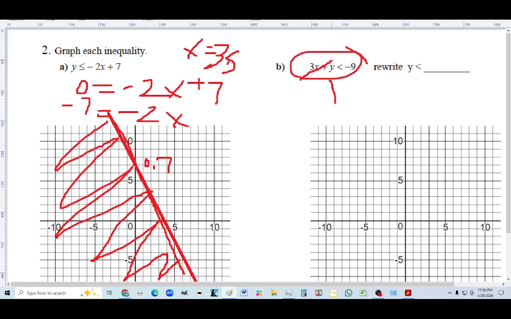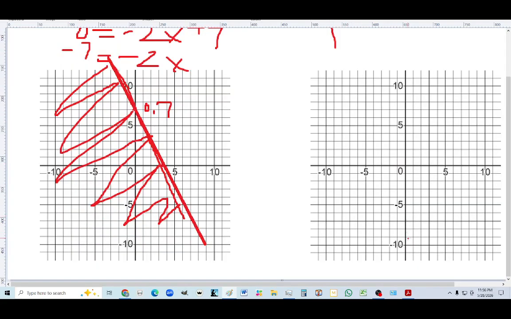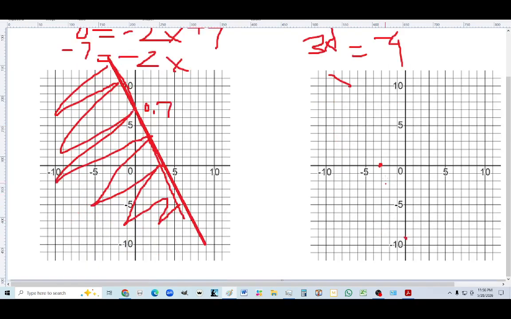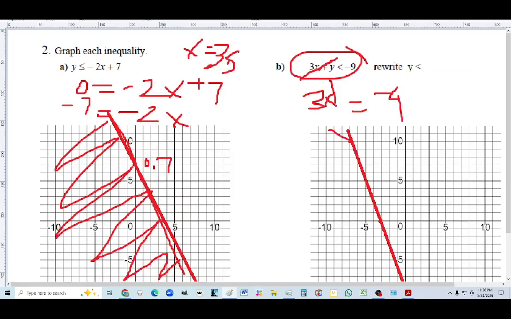When x is 0, y is minus 9. So way down here. When y is 0, we get 3x is equal to minus 9. You just treat it like an equal when you're solving these. And so x is minus 3, so that means it's over here, minus 3, 0. Now we can just draw these lines. Join these points with a straight line. Something like that. And the question is asking now, if we go back,